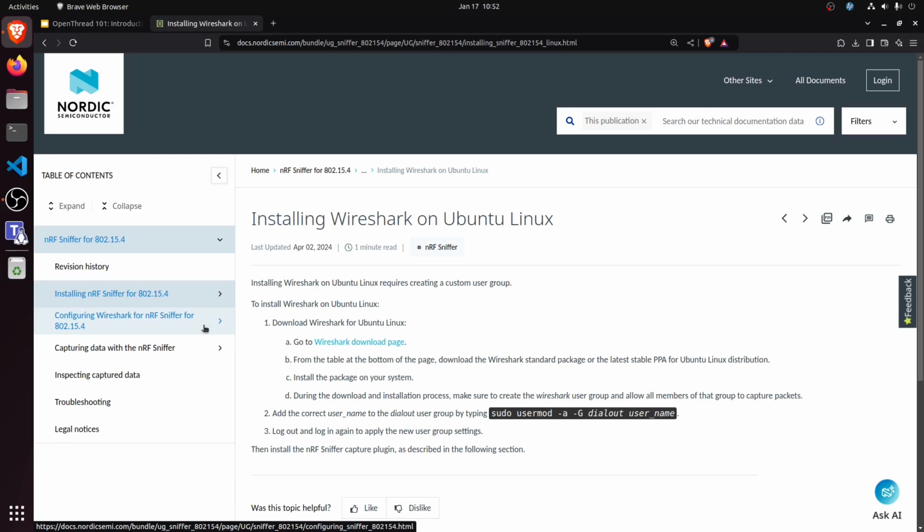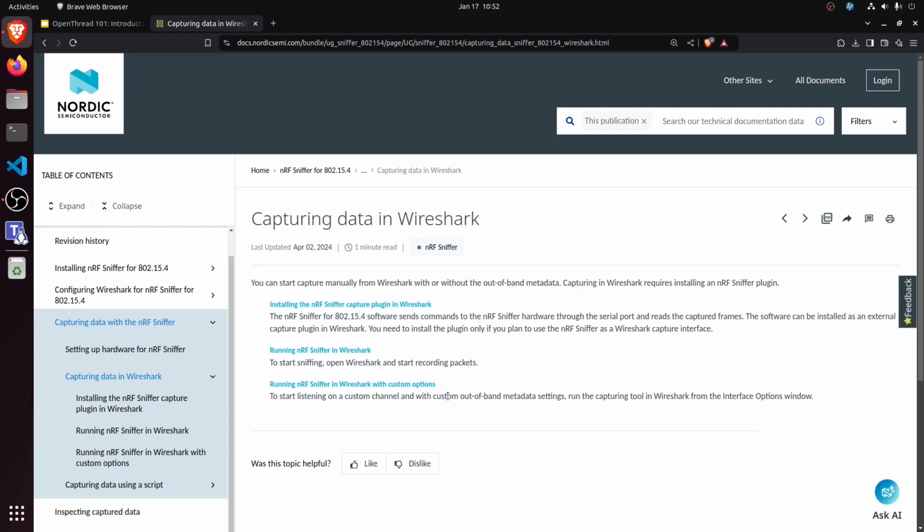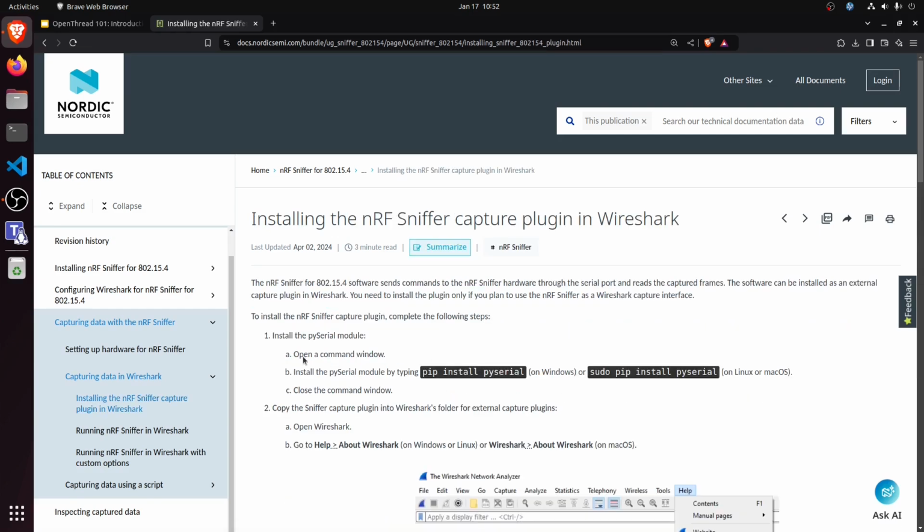The configuration is for decrypting and decompressing OpenThread packets, because as you know, those are 802.15.4 packets, and those are encrypted and also compressed by 6LoWPAN. So let's go to the extension installation. It's also called a plugin. So we would install